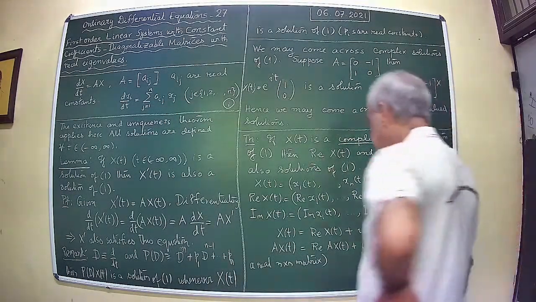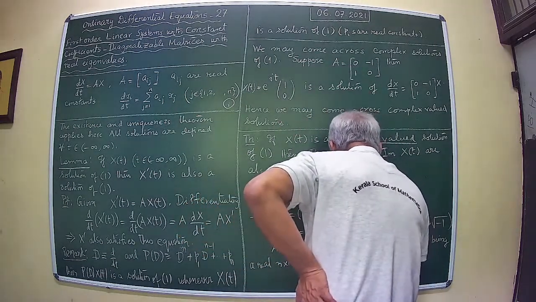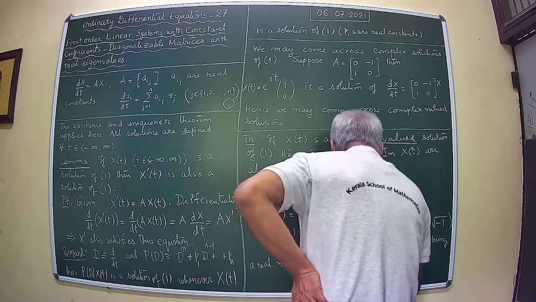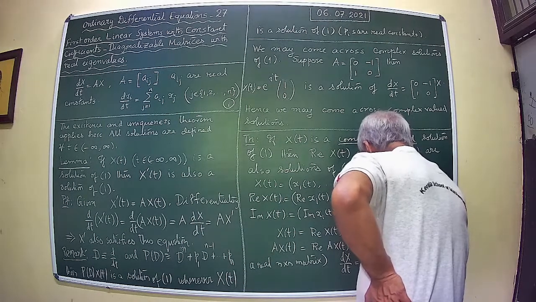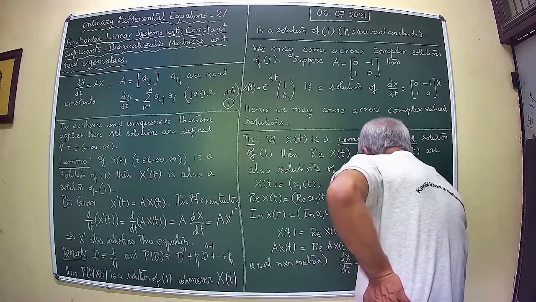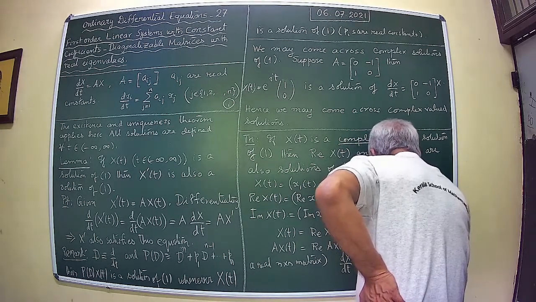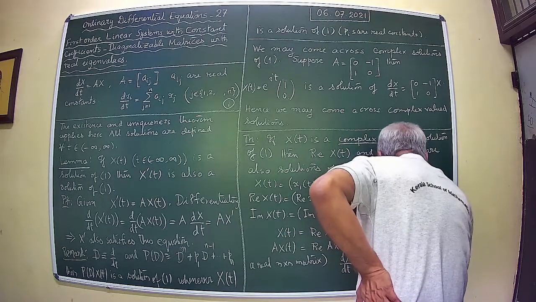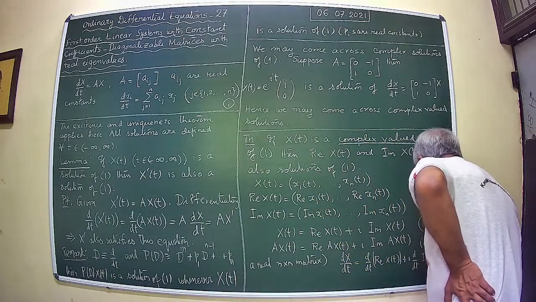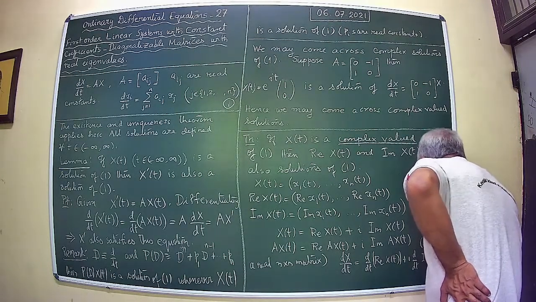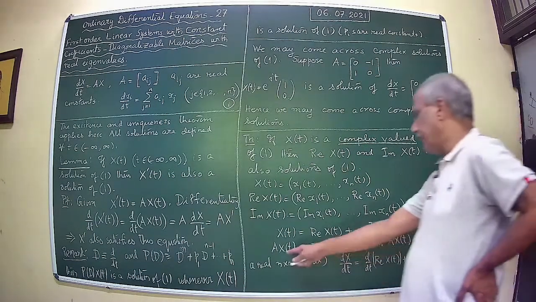Now you can see that we have dx/dt is also equal to d/dt of, and dx/dt equal to A x(t) implies,